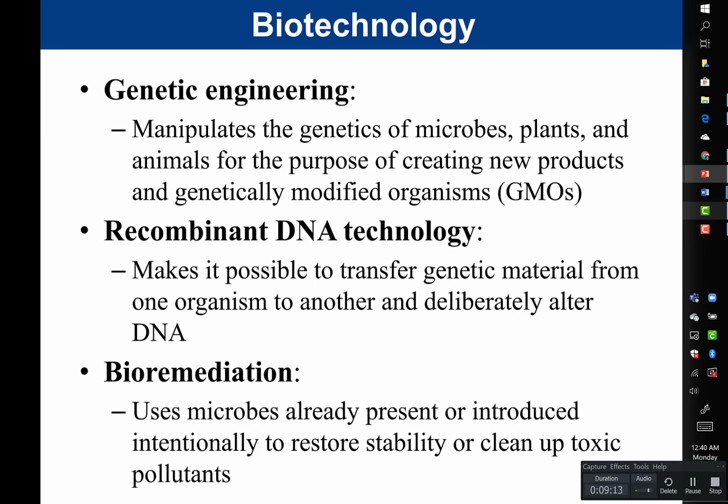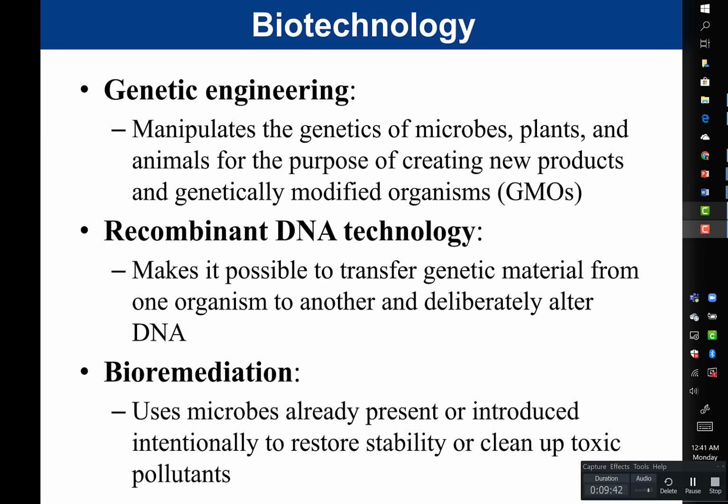And so they can be used to basically change the DNA of a plant, for example, to make that plant more resistant to a particular pest. And so that would be our genetically modified organisms. We have recombinant DNA technology, which makes it possible to transfer genetic material from one organism to another and deliberately